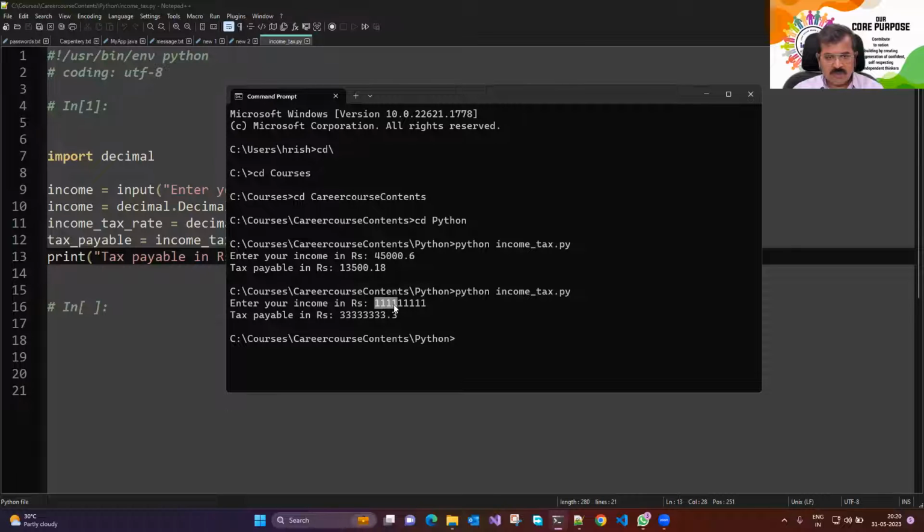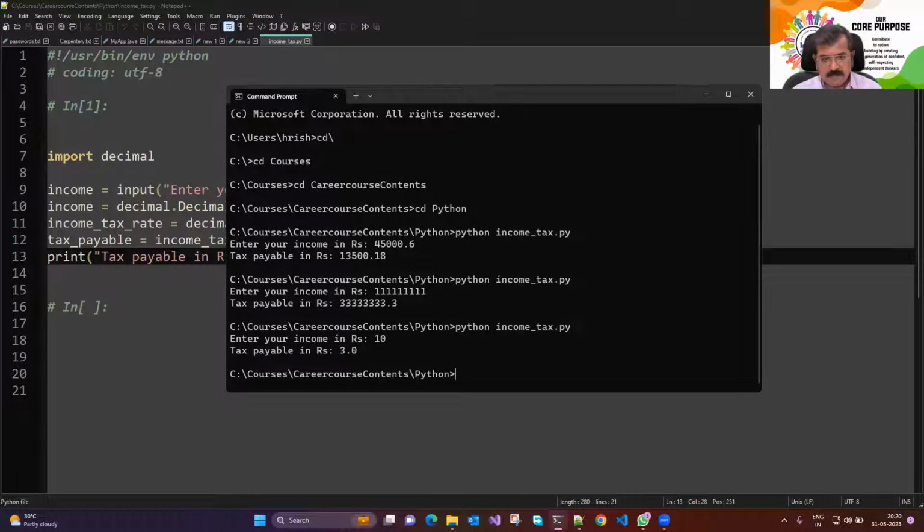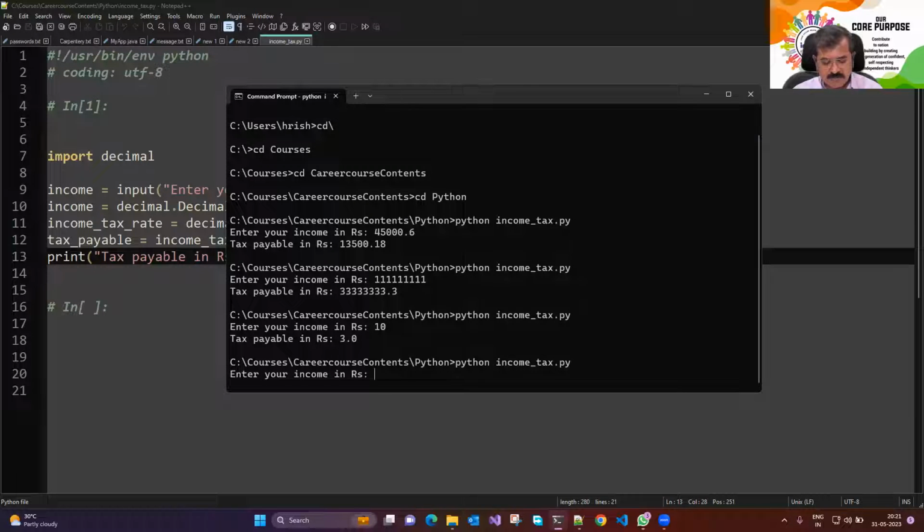1, 2, 3, 4, 5, 6, 7, 8, 9 digits. 1, 2, 3, 4, 5, 6, 7, 8. Okay, it's 30% of this amount. Let's still run the code once again. My income is suppose 10. The tax payable is 3.0. Okay, my income is suppose